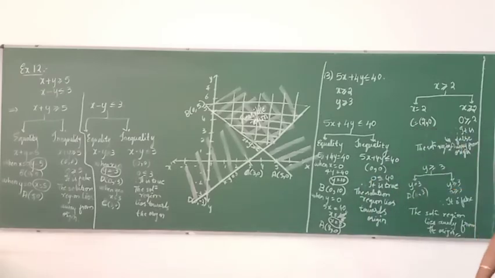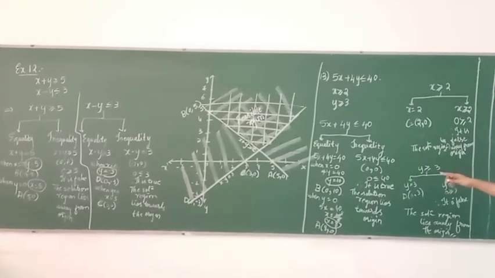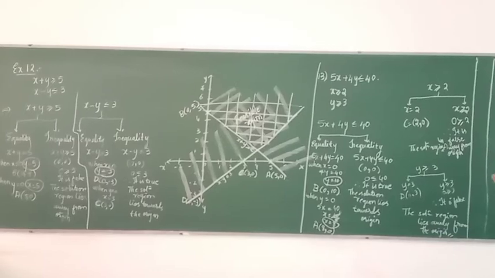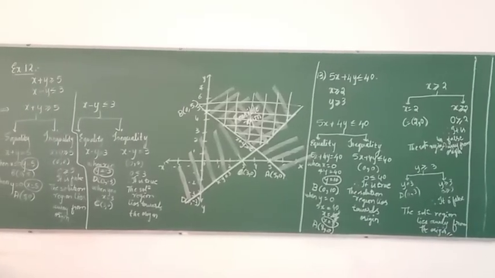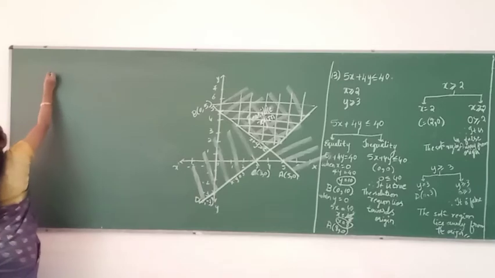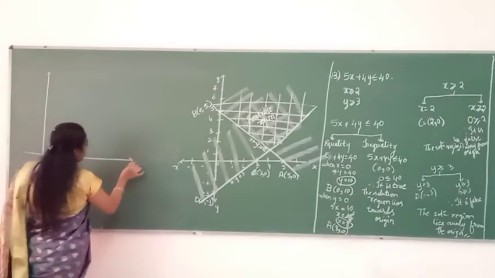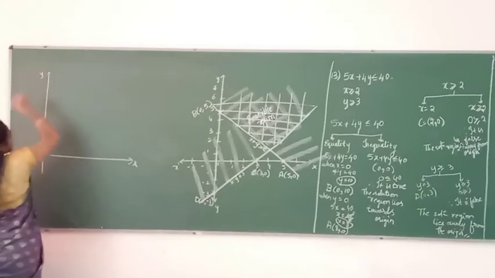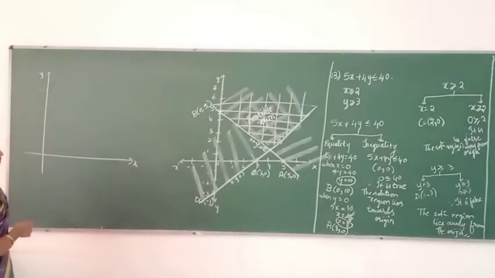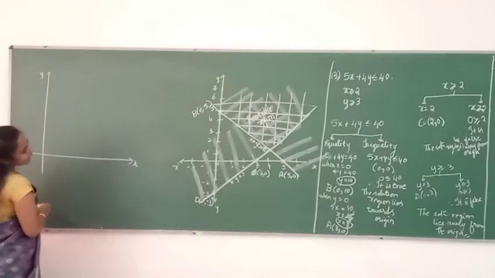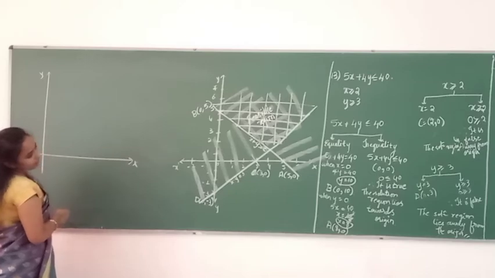I think we have just solved the three inequalities and now we need to plot the graph. So first inequality we are going to plot, and second inequality we are going to plot, and later we are going to plot the third inequality. Inequalities on the graph. X-axis and y-axis. Just check what points we are having. I think we have x coordinate from 0 to 8 and y coordinate from 0 to 10. A is 8, 0 and B is 0, 10.